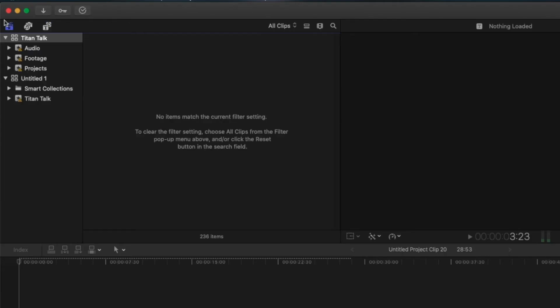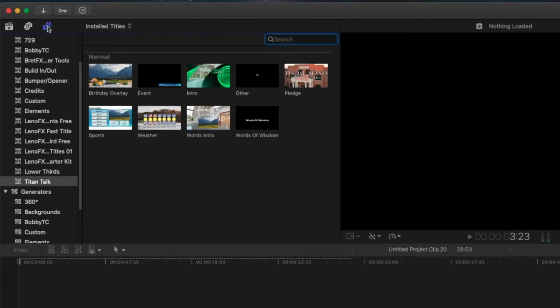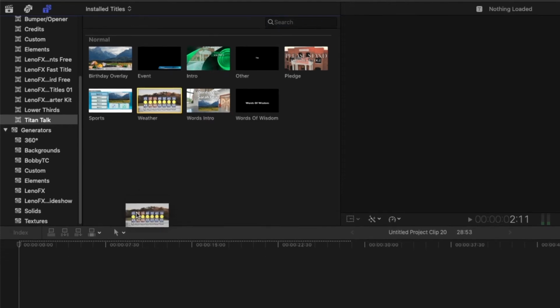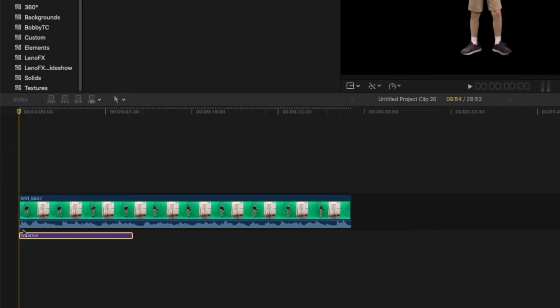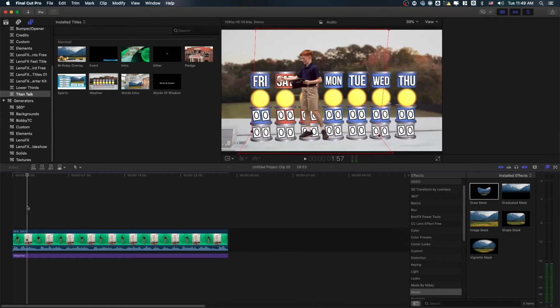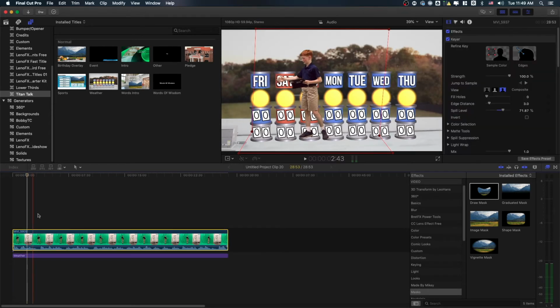Okay, so we're going to go over to the titles panel, go under Titan Talk, and find the weather one. Then we're going to drag it right under him and stretch it out to fit over the entire clip, and there we are, we have the background. Now that being said, we still need to adjust Graham a bit and